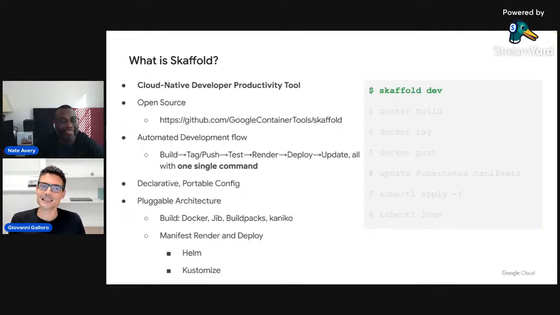Another aspect is that it has a declarative and portable config, because Skaffold is based on a configuration file that is a declarative configuration file. Skaffold has two main components. One is an executable. Skaffold is a command line tool, and another one is this configuration that has a declarative approach, and then, as we will see, can be used in many stages of a delivery pipeline, even starting from